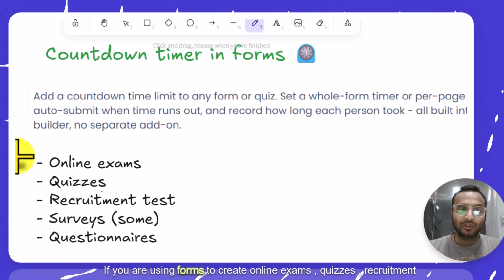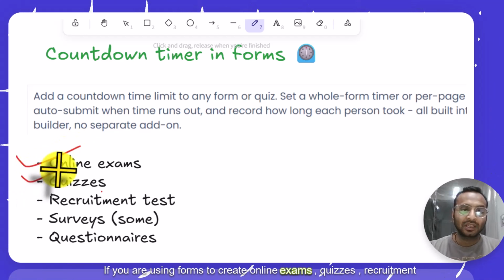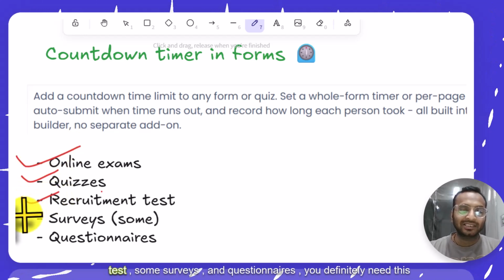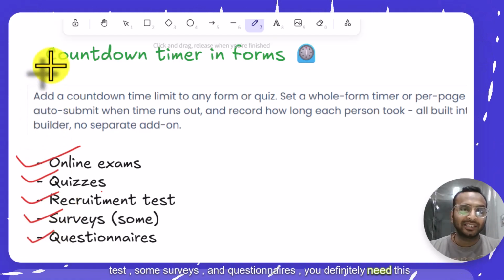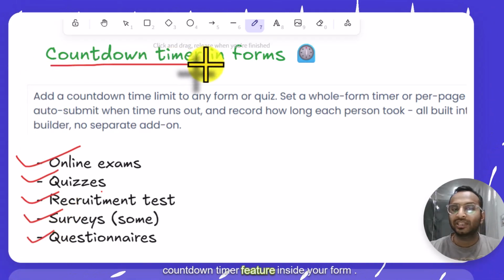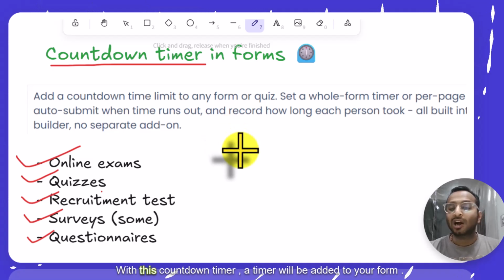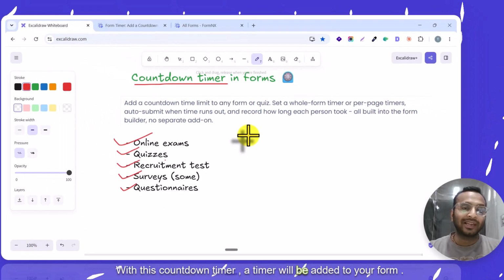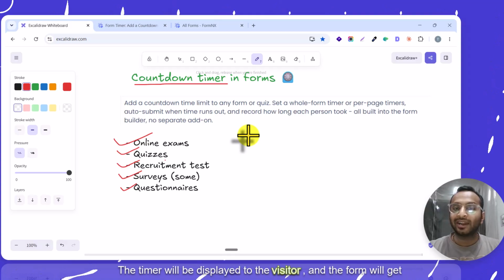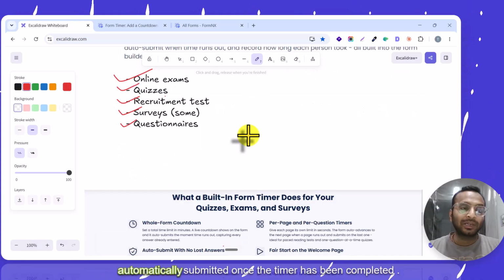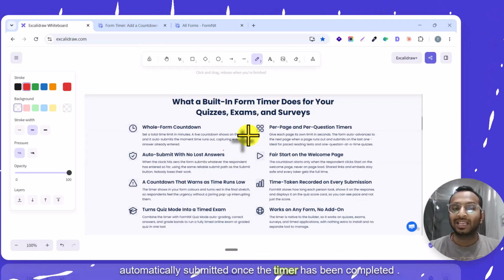If you are using forms to create online exams, quizzes, recruitment tests, some surveys and questionnaires, you definitely need this countdown timer feature inside your form. With this countdown timer, a timer will be added to your form. The timer will be displayed to the visitor and the form will get automatically submitted once the timer has been